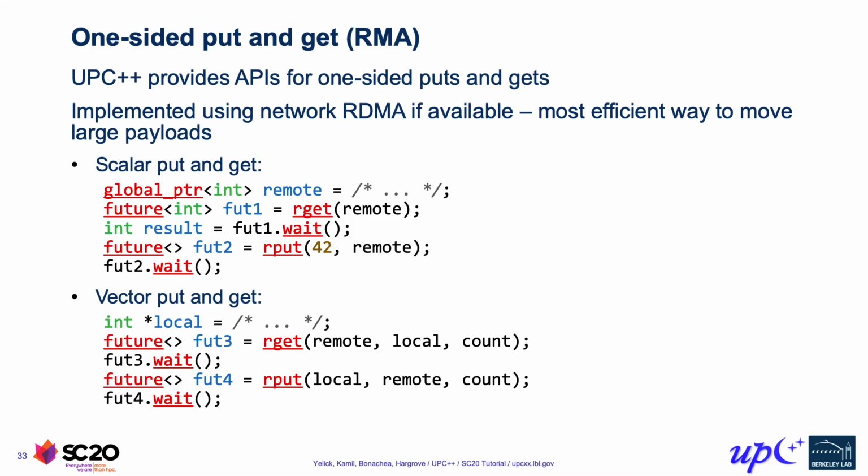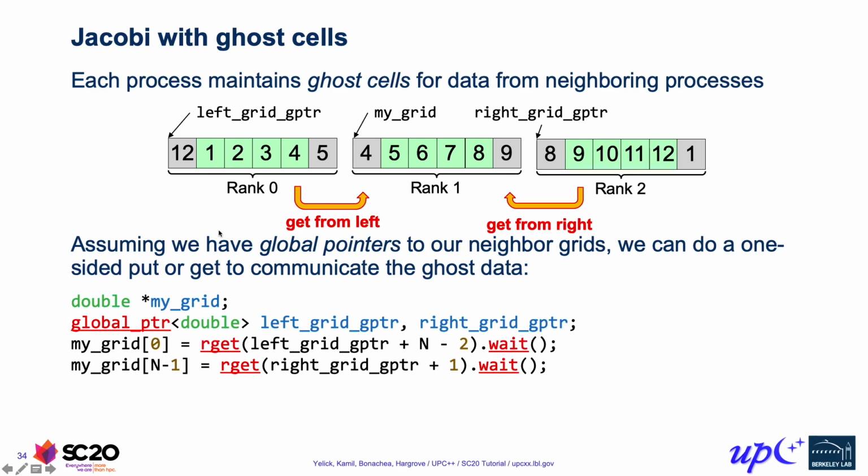So now that we have one-sided put and get, we can go ahead and implement a version of our 1D Jacobi that uses it rather than RPC to do data transfers. But before we do that, we need to see how the grids are represented and what we use as the source and destinations of these one-sided communication operations. As we mentioned before, each rank has a portion of the grid, but also cells dedicated to the ghost region, where the elements actually live on the neighboring process.